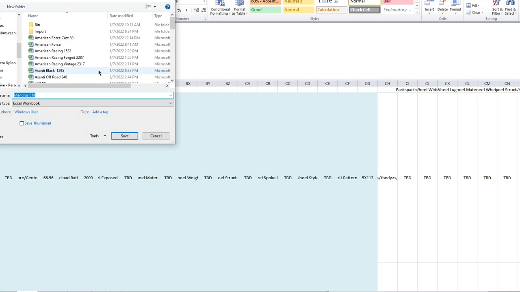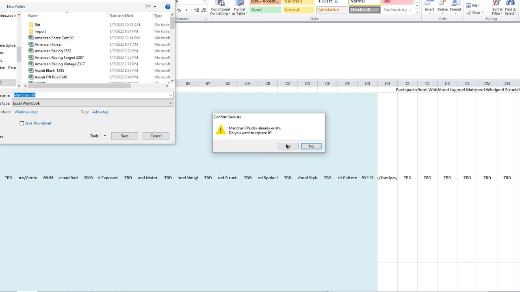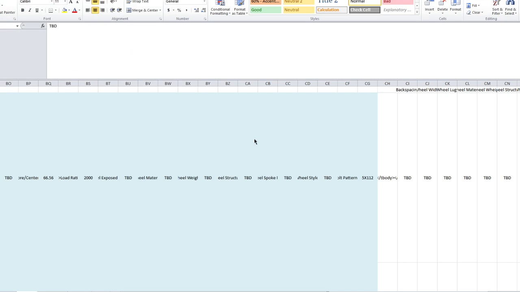Make sure it's saved as an Excel workbook and save it under process product info, and just save it in this folder. So save that. Do you want to replace it? Yes. Now, after you save that, let's give it some time. There we go. We now need to save the actual CSV file that we will upload